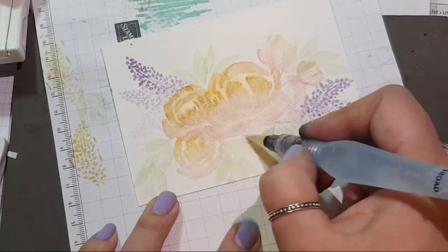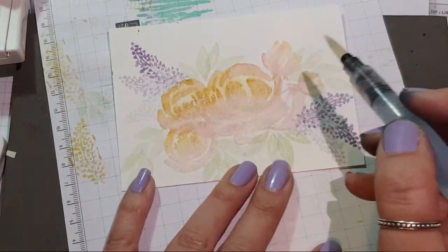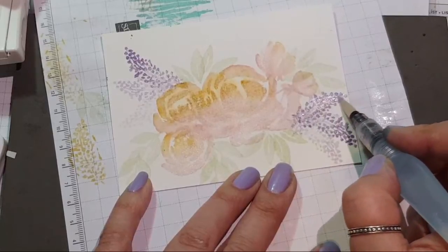But yet keeping the shape of the petals so you can make it as a rose. Okay, there's a little bit too much yellow on this, but we're working with it. You might want to just give your brush a few little brushes off. And then we're going to...